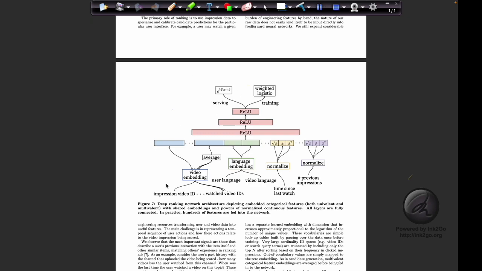And this is a ranking model, and all the top n videos which are outputted by the candidate generation model are fed into this. As you can see, these are the concatenated embeddings after feeding into this. The top n videos are outputted and they are sorted by probabilistic score.